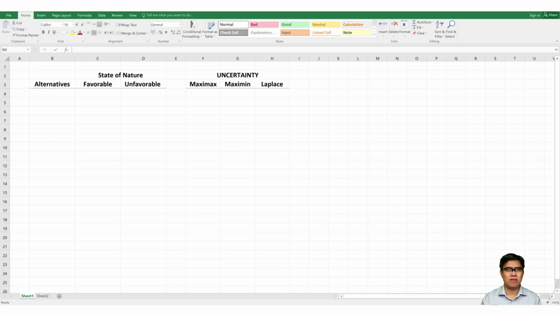So let's say you have earned enough savings and you want to invest in, let's say, a company or a stock, and you don't know which one to choose from. And then an advisor tells you, here we have 3 companies that you can invest in. So let's say in company A,